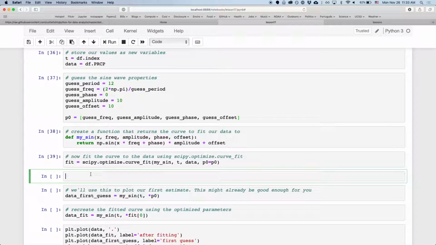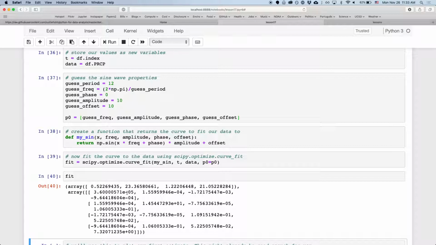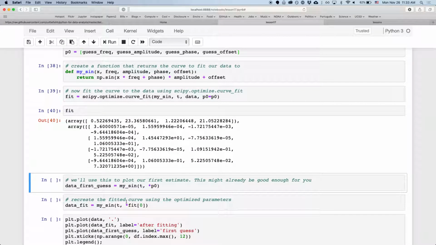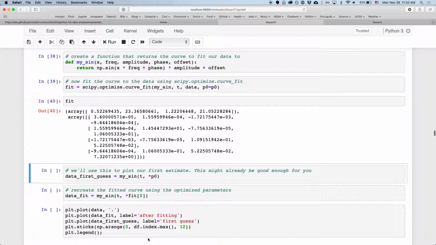So let's just take a look at this. What we can do is take these as inputs to build a function, or to build the values of the fit curve. First we're going to use this sine function to take these x values, and then we're going to use this